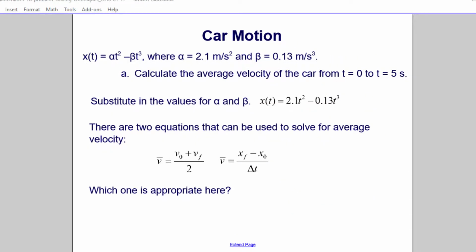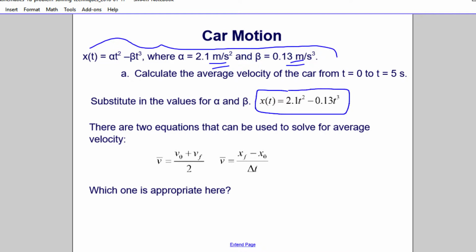We'll start with letter A, and we've taken the whole problem and boiled it down to this statement right here. Our first thing is to calculate the average velocity from t equals 0 to t equals 5 seconds. The very next thing we'll do is get rid of that awkward alpha and beta and all these units here. We don't really need them to solve the problem. So we'll substitute the values in, and we have position is 2.1 t squared minus 0.13 t cubed. And we're not going to worry about the units. Clearly units are very important. However, when we start doing the algebra like this, we're going to assume we get the units right